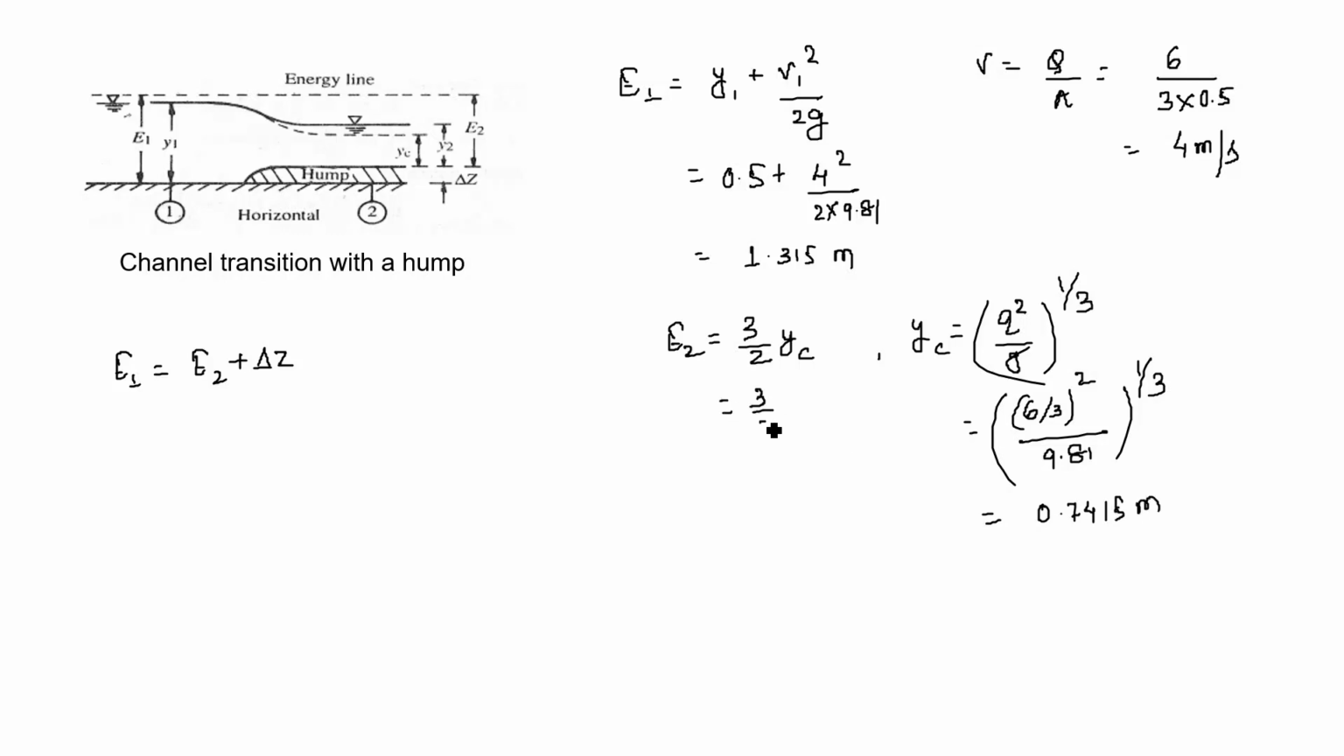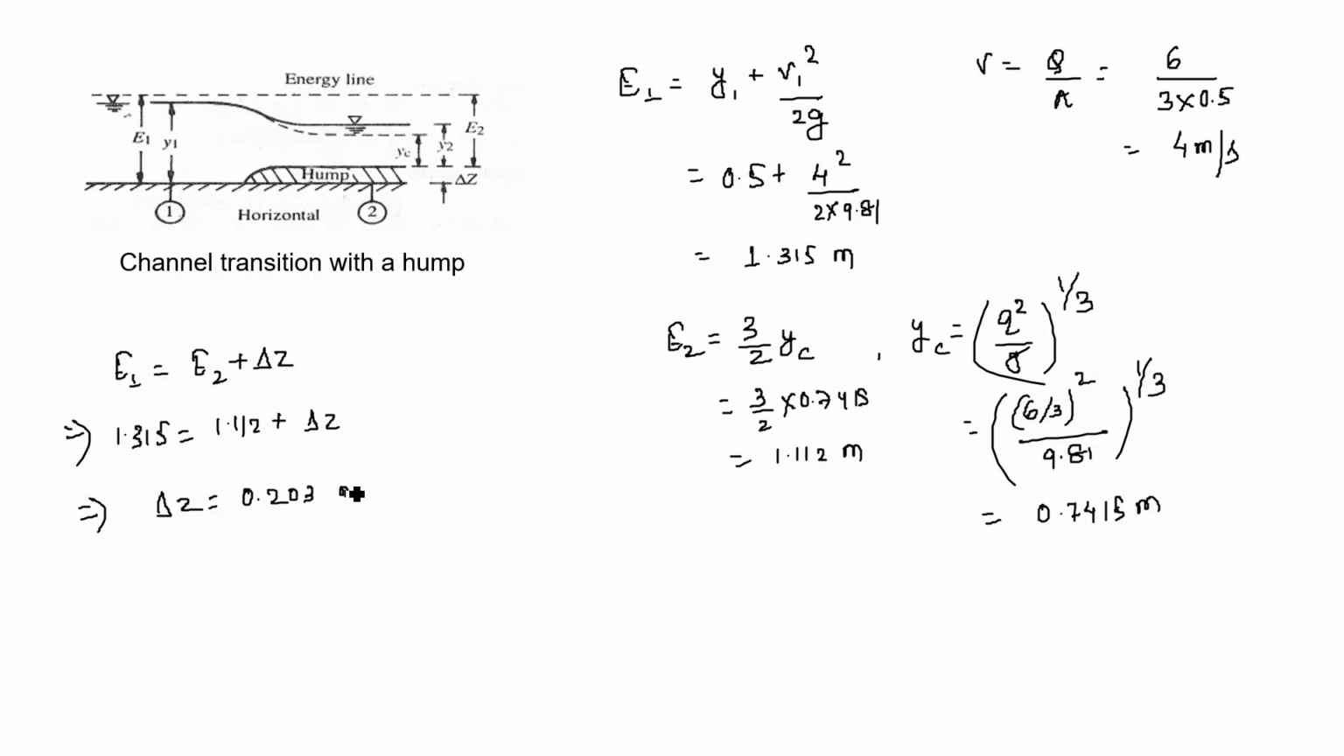Now put this value here. So 3 by 2 into 0.7415. After calculation, we will get E2 as 1.112 meter. Now we got the value of E1 and we got the value of E2. Now substituting this E1 and E2 value in this equation, E1, 1.315, is equal to E2, 1.112, plus del Z, that is height of the hump we need to find. So after calculation we will get del Z as